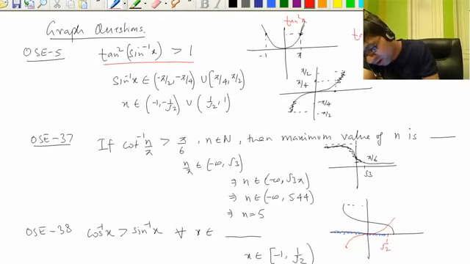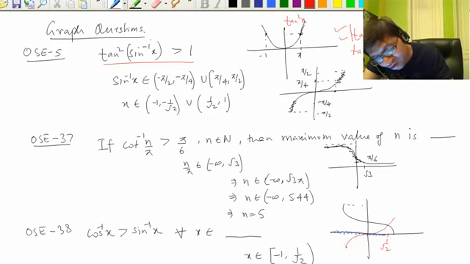Tan square x is like this: you can draw mod of tan x, and for the tan x graph, mod of tan x means we flip the lower half into the upper half. Then for tan square x, we have to smooth the corners, so the corners that came, you smooth them, that's the idea. You draw the graph of mod of tan x, and the properties of mod of tan x and tan square x are more or less the same, but the difference is that the corner that comes with mod should not come in tan square x. So the corner that came at the top here, we smoothed it. That's the idea. For tan square x, you need a rough idea.